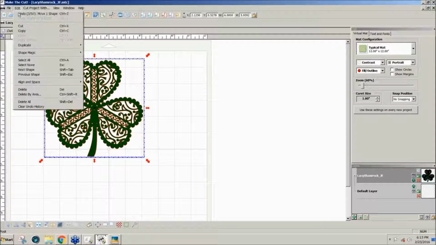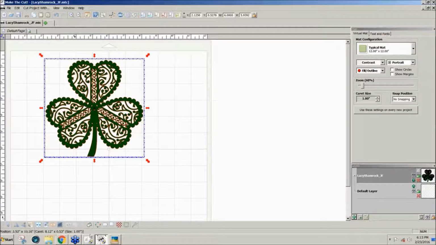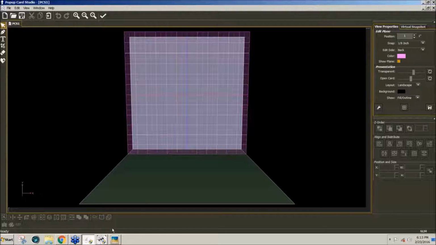You can go to Edit, Copy, and then I'm going to go into Popup Card Studio where I opened up a 6x6 card. I don't recommend cutting this much smaller than 6x6 because of all the intricate details on that. But to get it into here, I'm going to take,